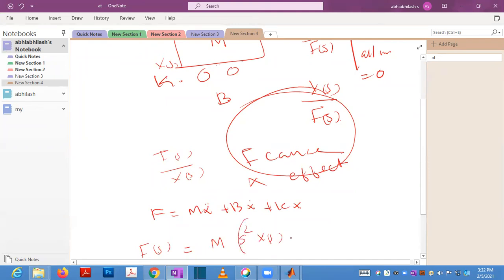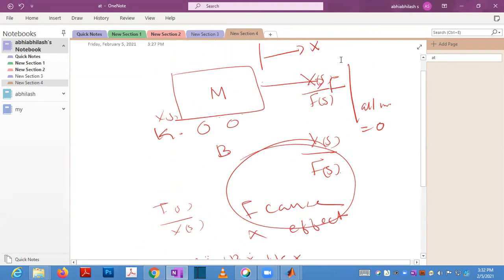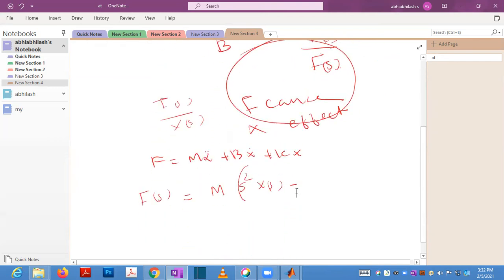Assume that initial conditions are zero. Yes, in the Laplace transform you have to take those things, s times x of 0 minus x dot of 0, that should be there, but you are neglecting them because for the transfer function we take the initial conditions as 0.